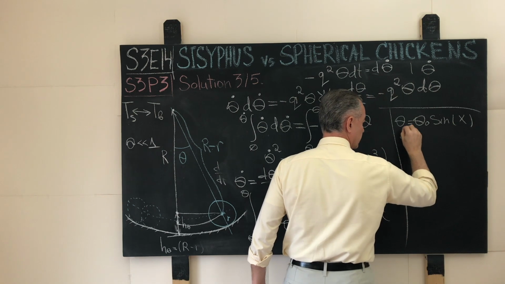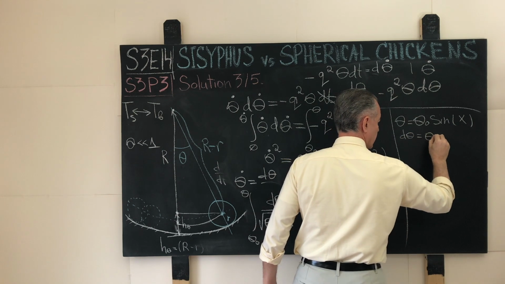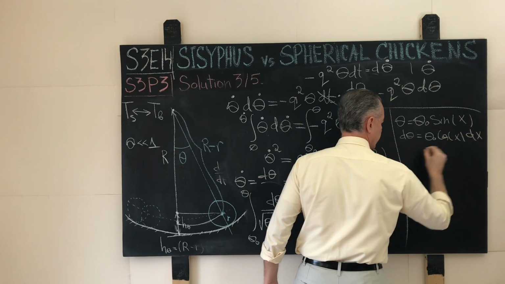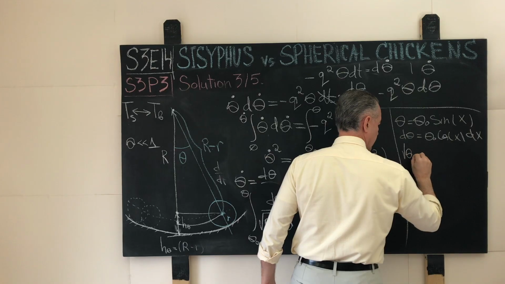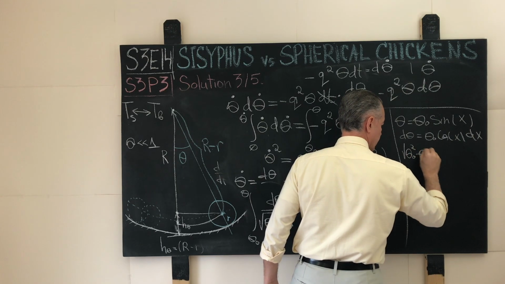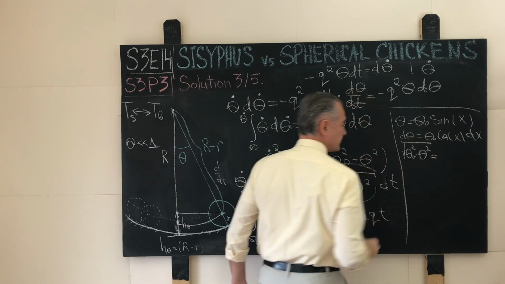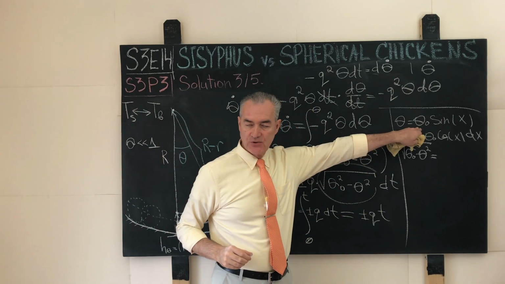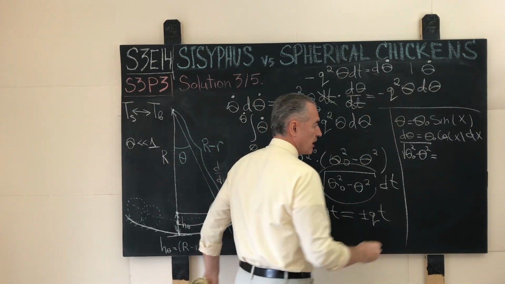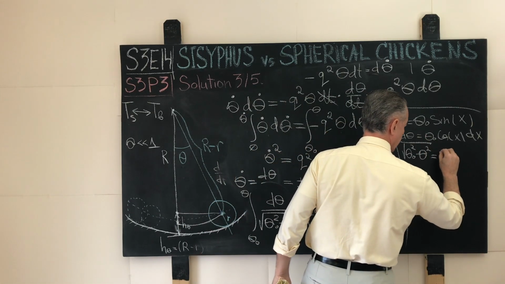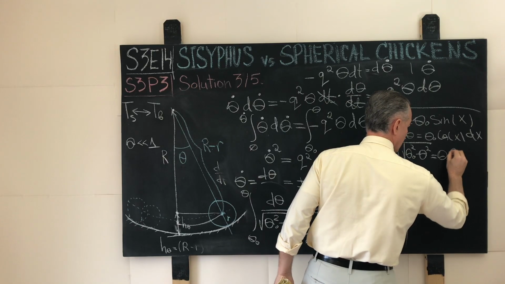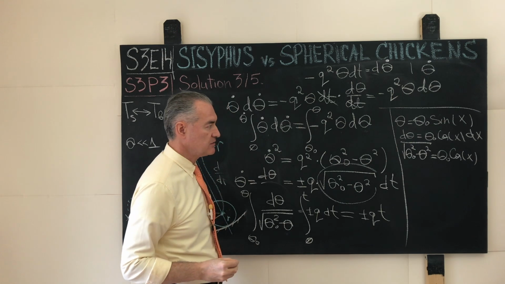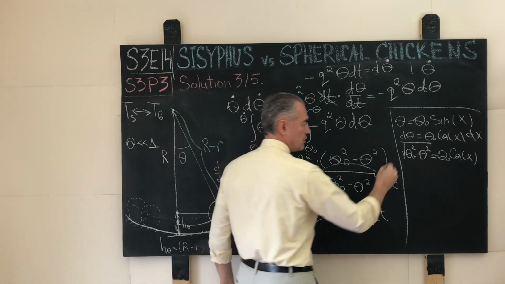You see, then d theta becomes theta 0 cosine of x dx, but the square root of theta 0 squared minus theta squared, in this case, becomes what? 1 minus sine squared is again cosine squared, and the square root is taken, so we have theta 0 cosine of x. Once we divide all this beautiful mass through, like so,